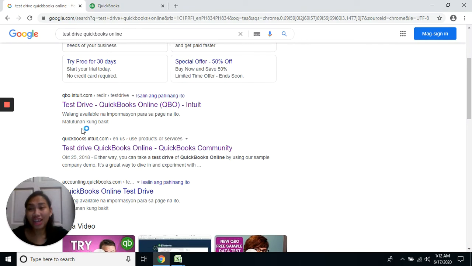You can check this by going online and searching for Google Test Drive QuickBooks Online. They also offer a 30-day free trial where you can choose what options or plan for your business you want to avail. Usually, I study QuickBooks Online